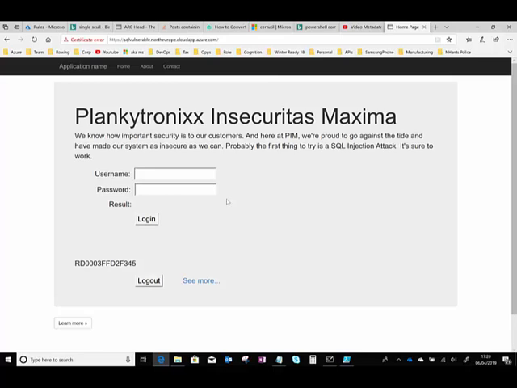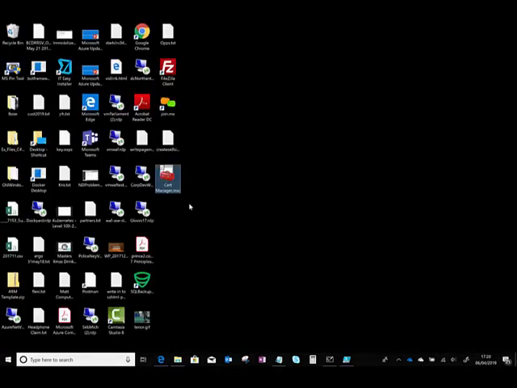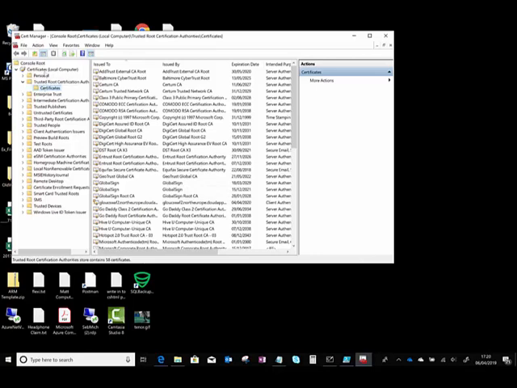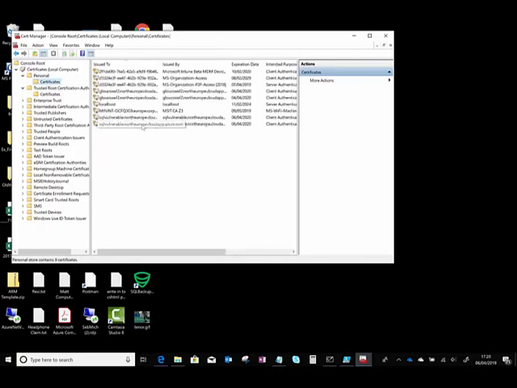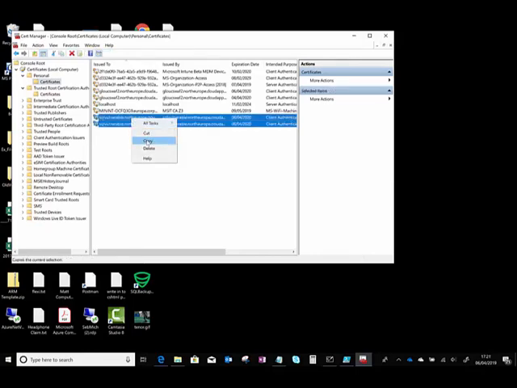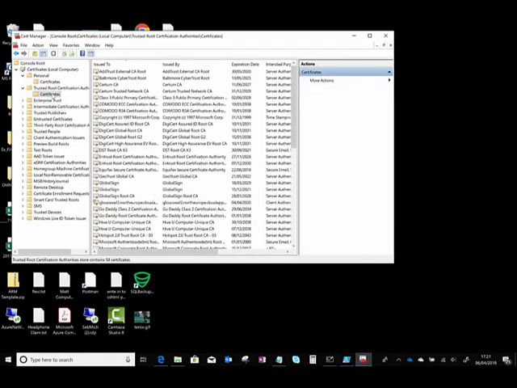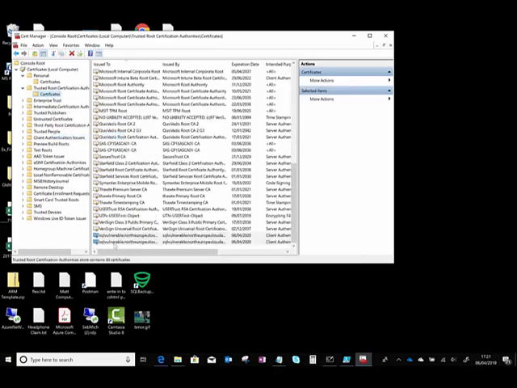So one of the ways to actually make this work a little bit better is to go into the certificate manager and make that little certificate that I created just for our little demo into a root certificate authority. So if I go into personal certificates, oh, I've got two of them in there now. Which one is which? Oh, well, I'll tell you what I'll do. I'll just grab them both. I'll copy them and I'll put them into trusted root certificate authorities. So if I just paste them into there, paste. So now the issuer is trusted, and the issuer is the same as the recipient,